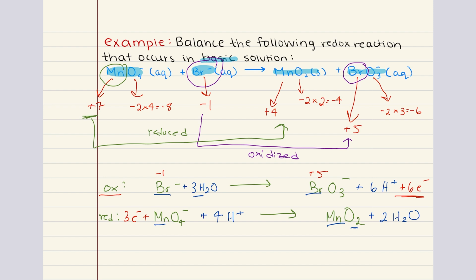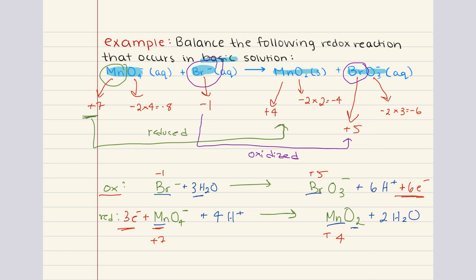Now, for our reduction half reaction, the oxidation state of manganese changes from +7 to +4, and that corresponds to gaining 3 electrons, which we've added here to the reactant side, so we did that correctly. In both cases, the change in oxidation state corresponds to the number of electrons in the balanced half reaction, and that gives us confidence that the 2 half reactions are correctly balanced, and that means we can confidently move into